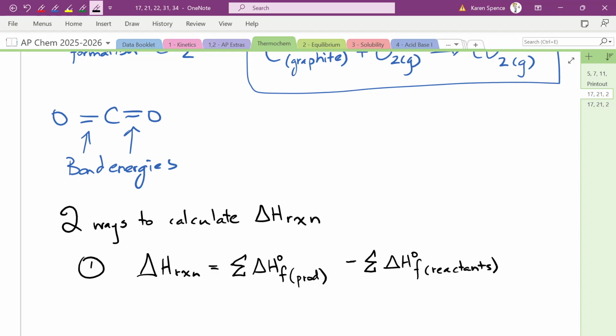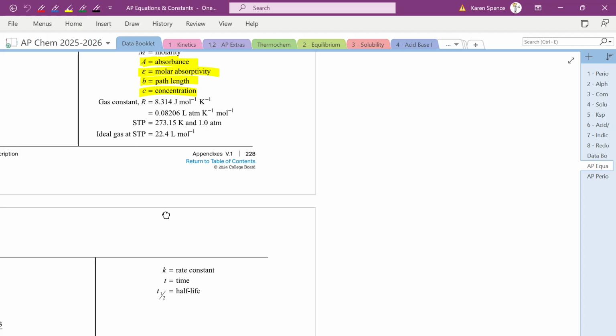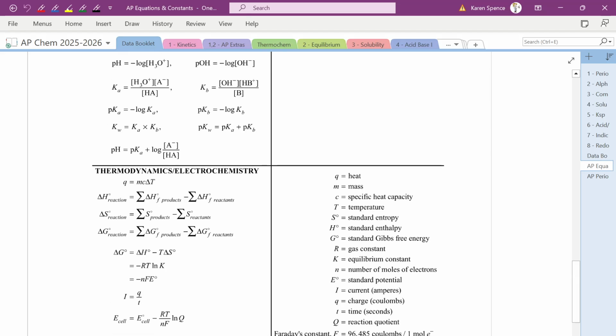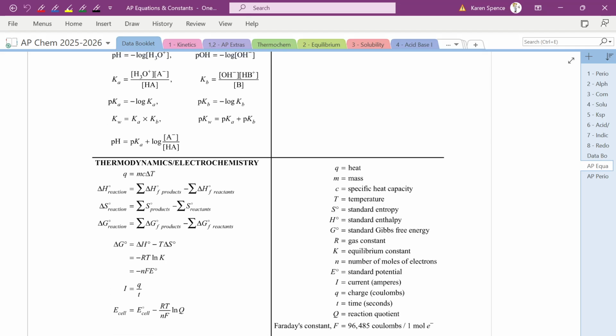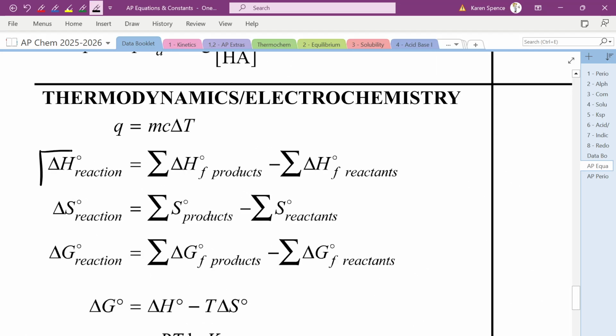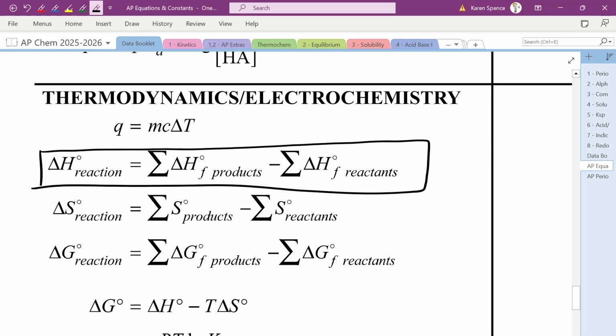That formula, number one, is in your data booklet. Okay, so if we go to our data booklet, and I think, is it on page 2? It's on the very back page of your blue sheet, and you can see that we have that one there, and it's products minus reactants. So you don't have to remember that the products come first and then you subtract the reactants. But if you would like to remember it and you want to understand why,